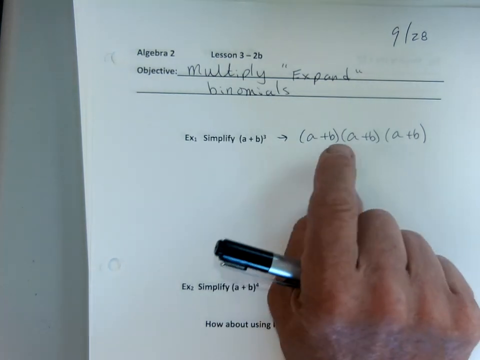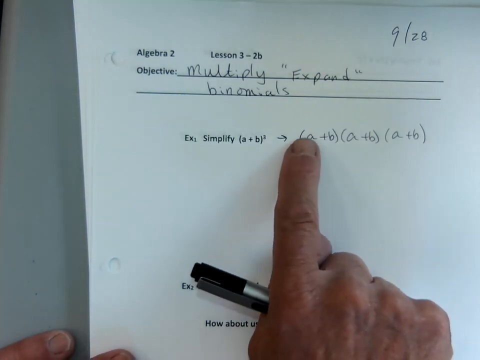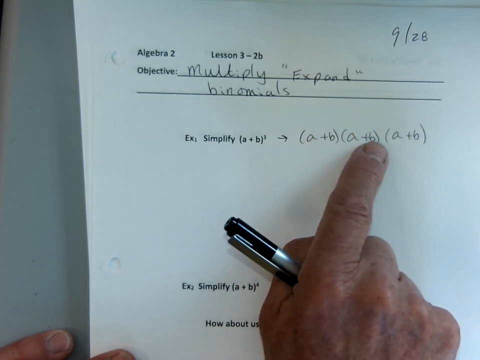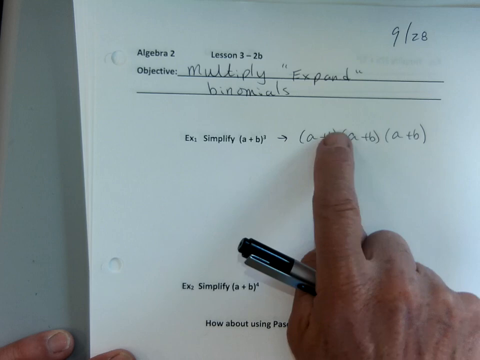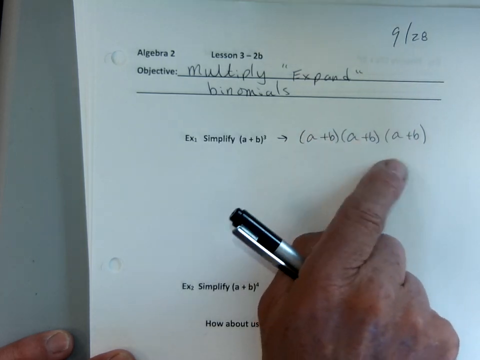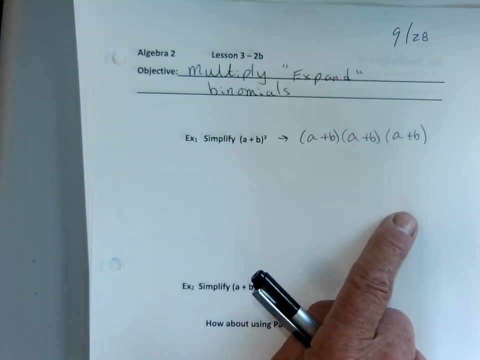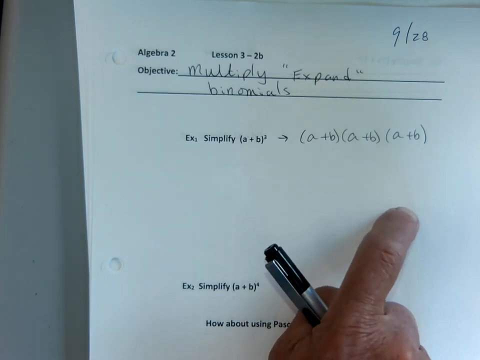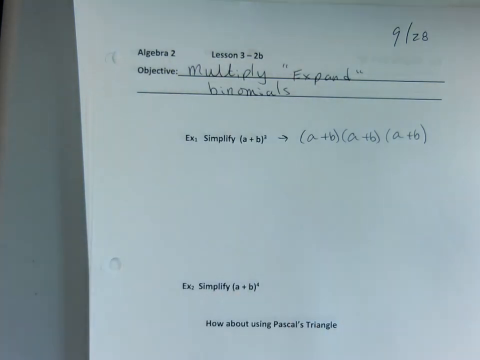What we would do if we didn't know about Pascal's triangle, we'd go a times a times b times a, b times b. Then we'd take that answer, multiply it times the a plus b, and we can get the right answer, okay? The other way is to use Pascal's triangle. Okay, now, to use Pascal's triangle,